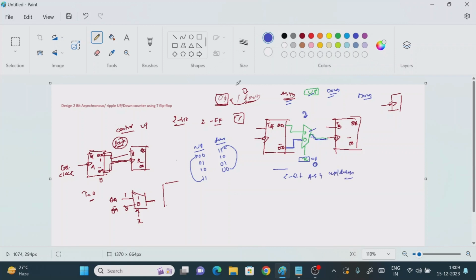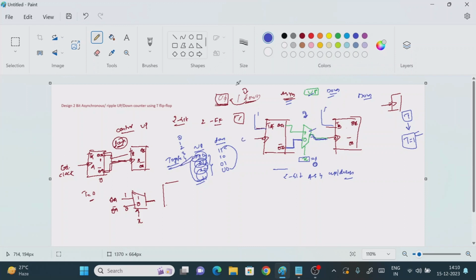Now one more point, if the count wants to change from 0 to 1 or 1 to 0, it has to perform the operation called the toggle condition. So according to the given question, which flip-flop are we considering? We are considering the T flip-flop. In T flip-flop, in which case will we get the toggle condition? When T equals 1 only, we will get the toggle condition, so that your count will change from 0 to 1, then 1 to 2, 2 to 3, like this. If T equals 0, the count will not change. So for that, we need to connect TA equal to 1, TB equal to 1, so that it will perform the counting operation.